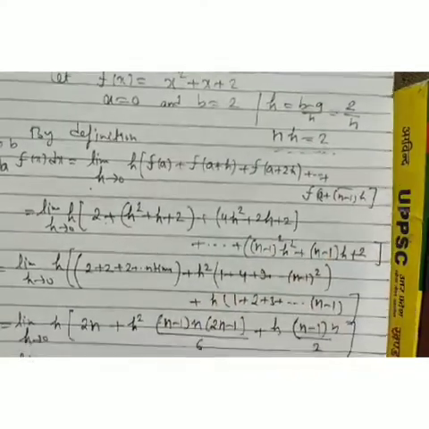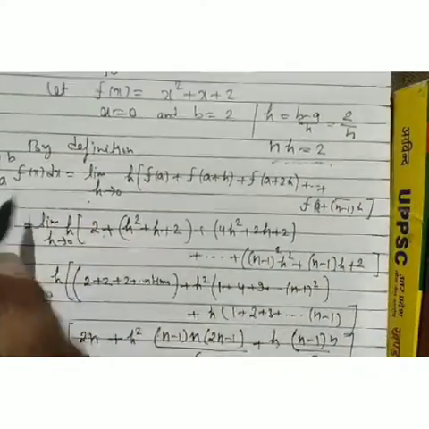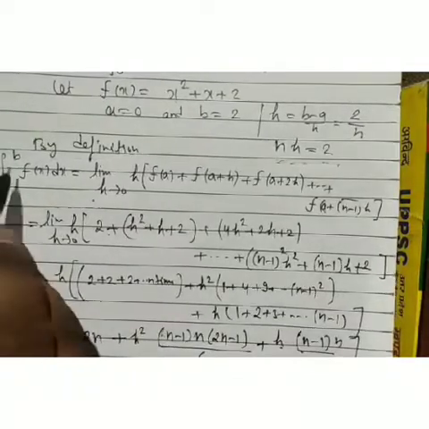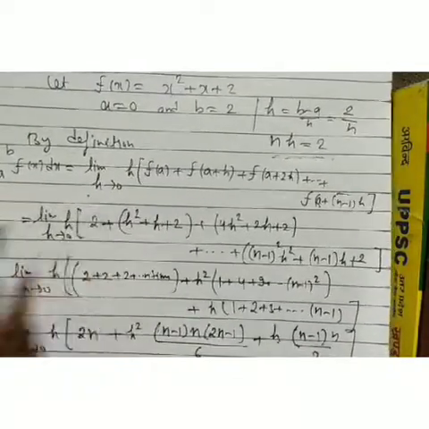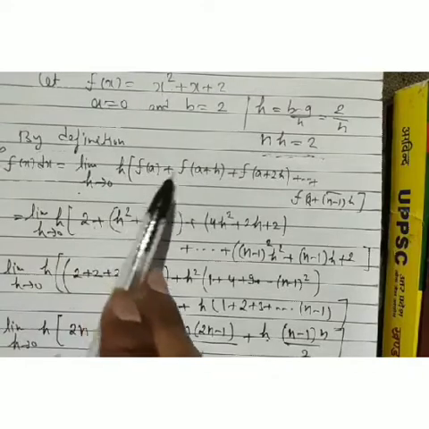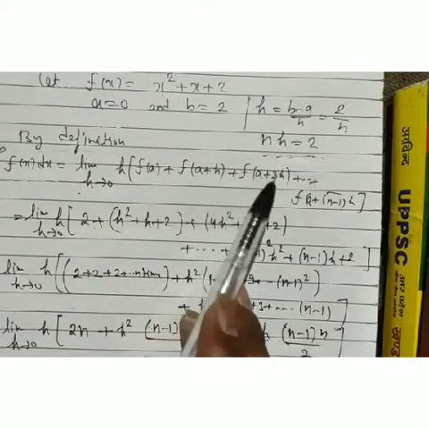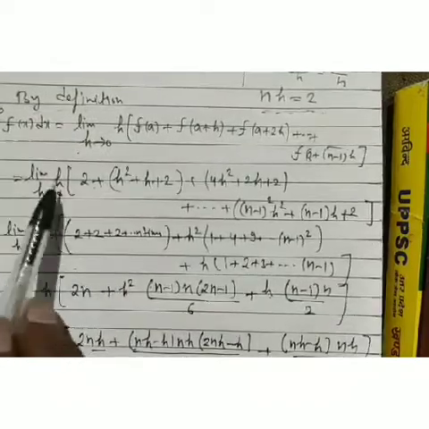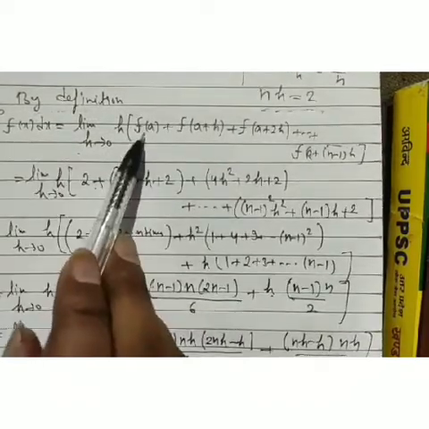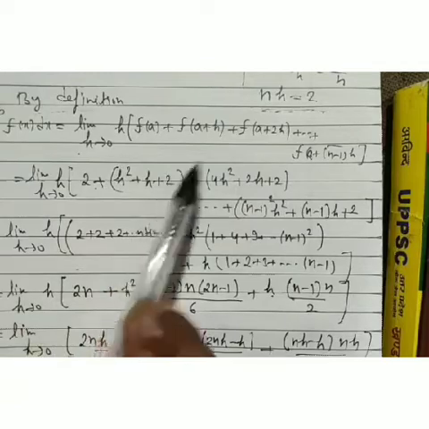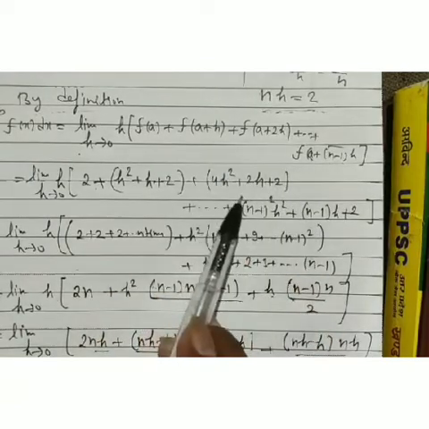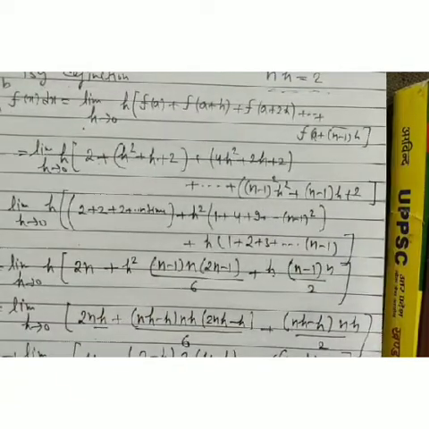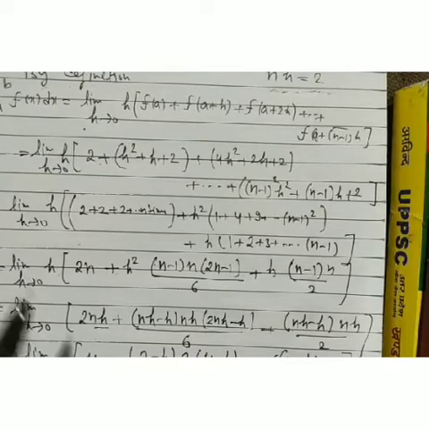2 there. Then we are going to use our definition of Euler's sum, the limit sum. Integration over a to b f(x) dx is what? Limit h tends to 0, h into f of a plus f of a plus h plus f of a plus 2h plus dot dot dot f of a plus n minus 1 h. Then limit h to 0, h into, we are then putting the value of f of a plus h, f of a plus n minus 1 h there. Then after putting these values,